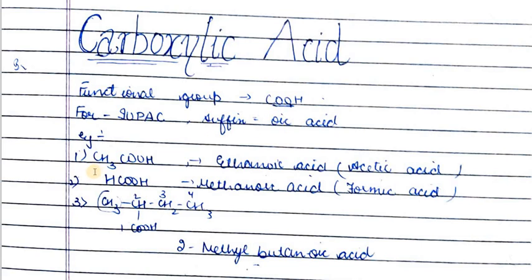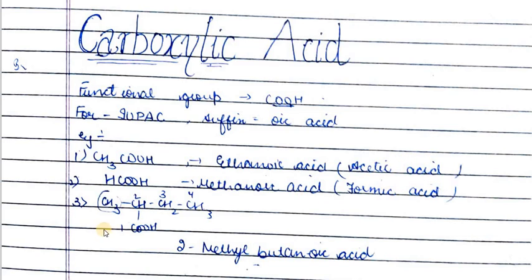Example, if it is CH3COOH, there are two carbons, so eth, for single bonds between carbons, ane, and for the carboxylic group it is oic acid, so it is ethanoic acid. And the common name for CH3COOH is acetic acid, which is also present in vinegar, which we use in our